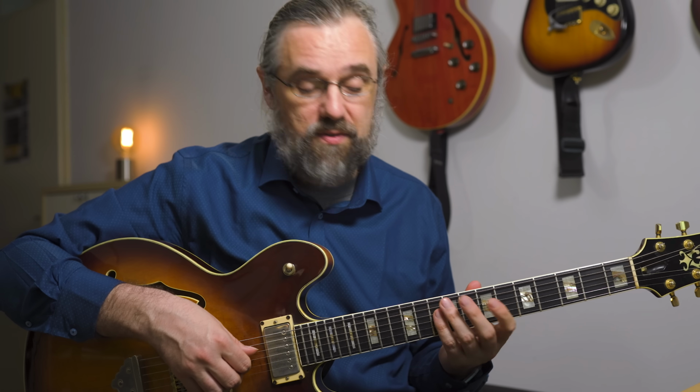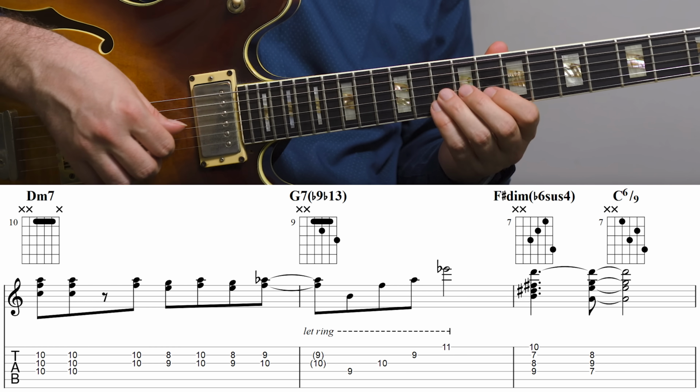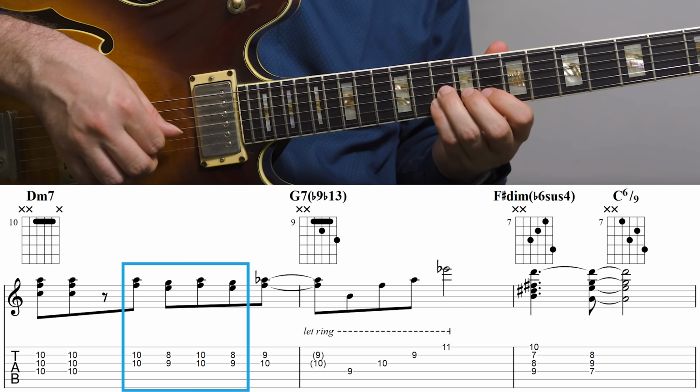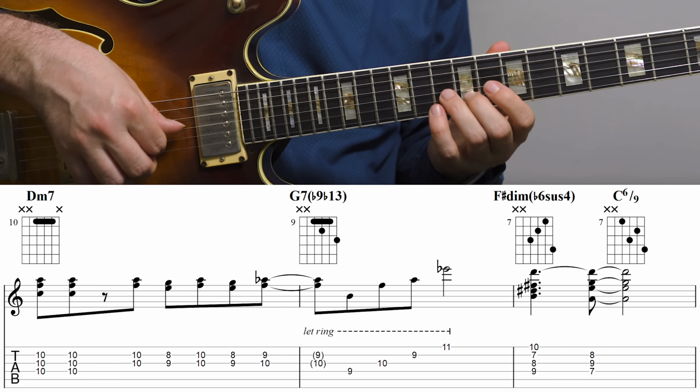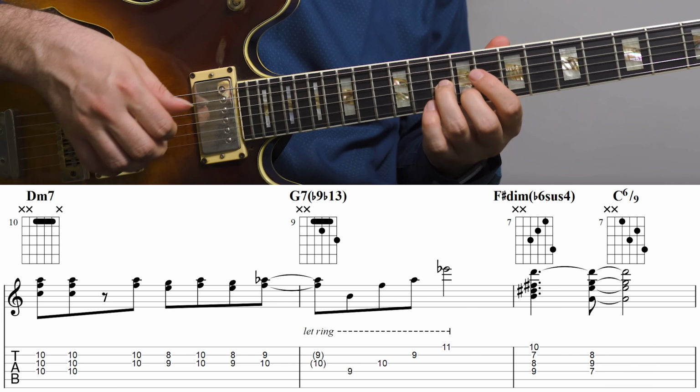So here first it's just a D minor voicing, and then to make it a little bit lighter, I'm only playing intervals on the moving part that follows it. So, moving to the G7 flat 9 with just this F and A flat, but then I'm building the rest of the voicing around that